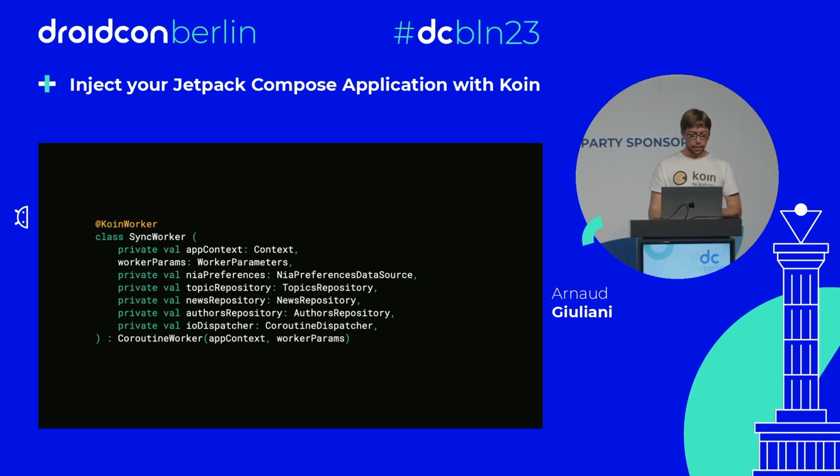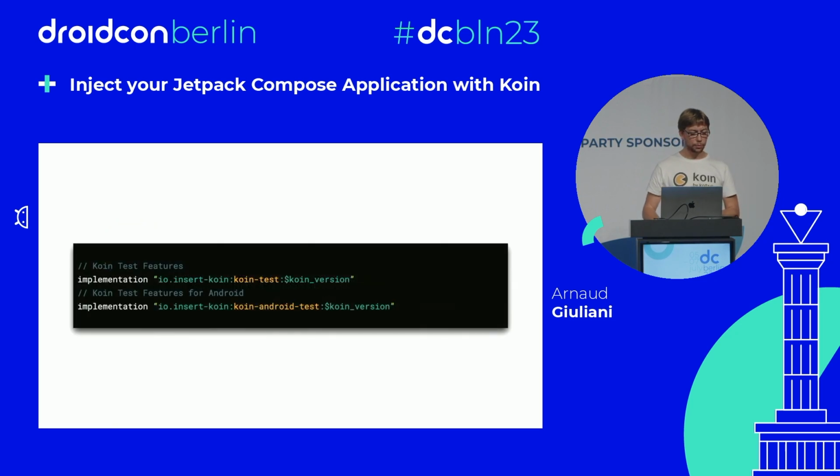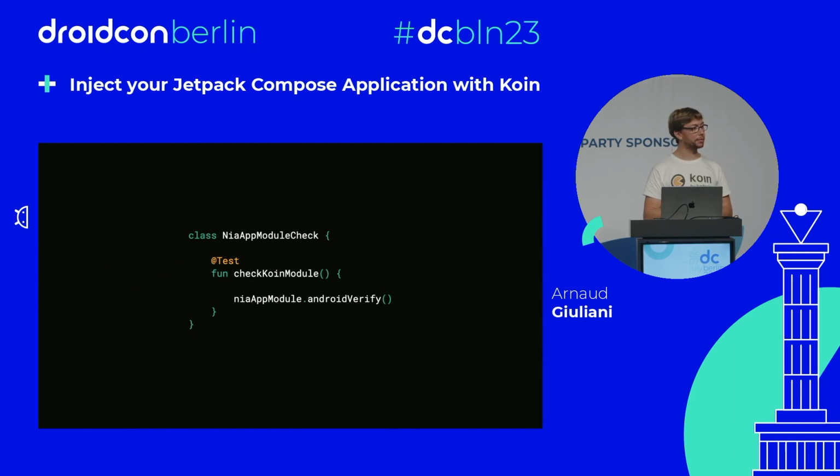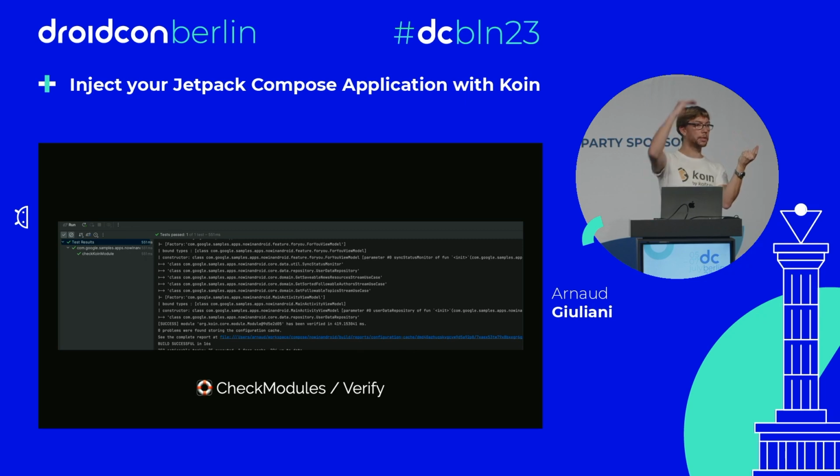Lastly, there is a few testing APIs for you if you want to verify your configuration before going live in production with your application. There is one API called Verify and Android Verify: you take your module instance and just call verify on it. You execute it inside a JUnit test, and it will run all verification on your configuration. And then you're safe. Let's say it will cover 80% of your usage. Some of the API builder expressions are not yet fully covered.